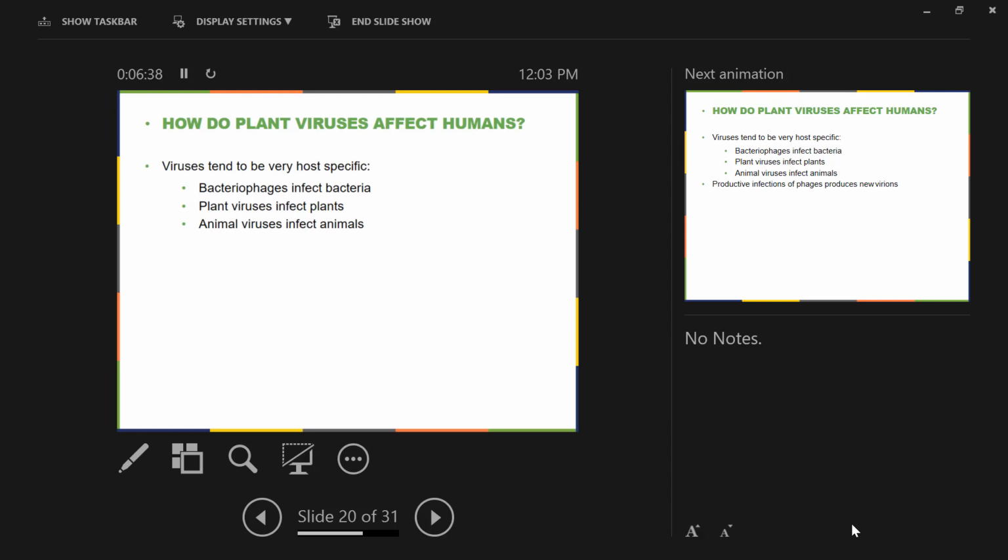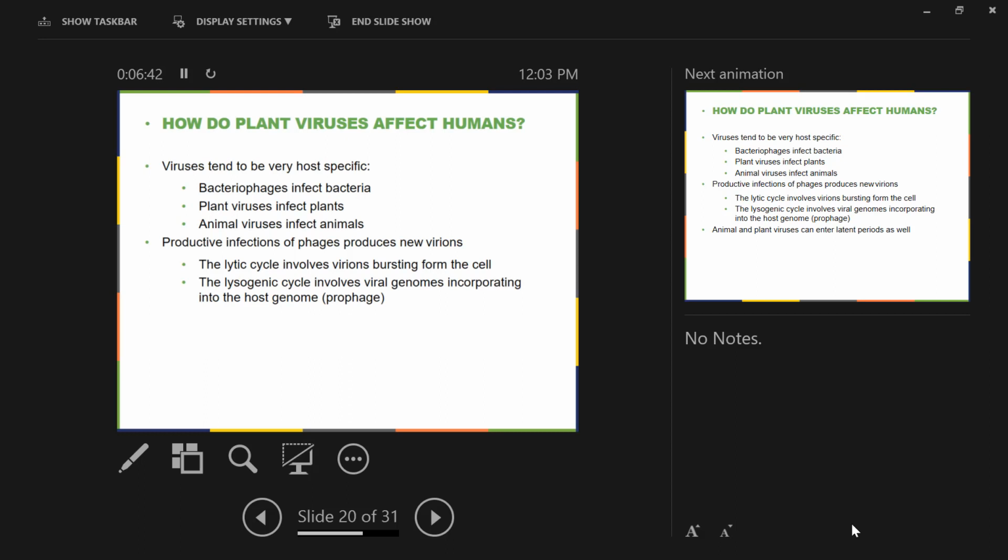So then just some general characteristics of viruses that we need to talk about here. You have a characteristic that's common in both plant viruses and in bacterial viruses, what we call bacteriophages, and that's for them to hide out in the host genome. It does happen in animal viruses as well, but we know a lot more about it from studying bacterial and plant viruses. And so I just want to mention that